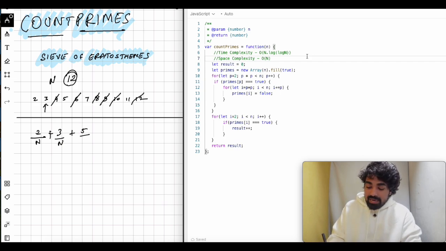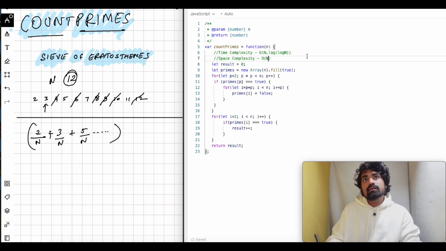Similarly, we have 5, we keep taking steps. This basically translates into n times 1 by